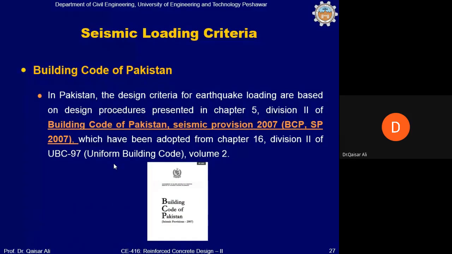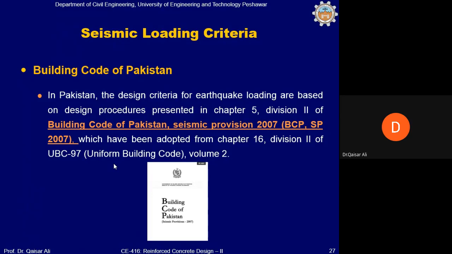The reason for adopting UBC 97 as Building Code of Pakistan was that at that time in 2005, UBC 97 was the most used code in Pakistan, and the parameters which are needed for the design of buildings are available in Pakistan very readily. And